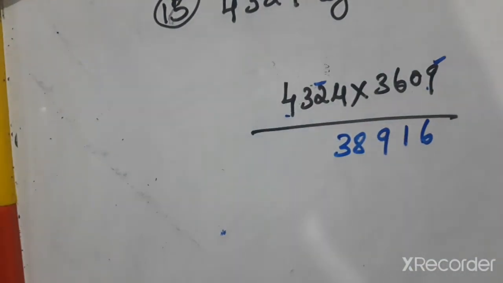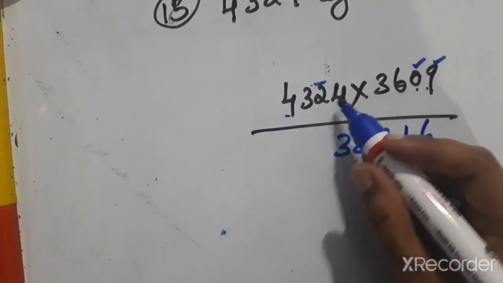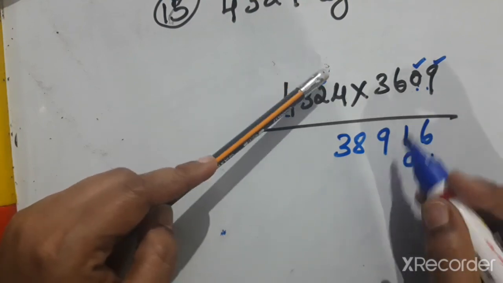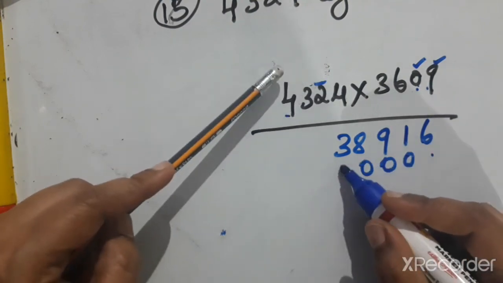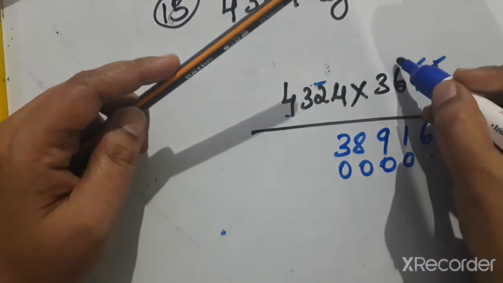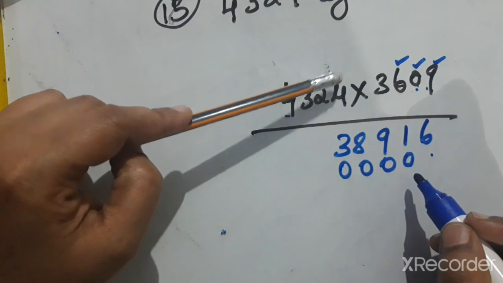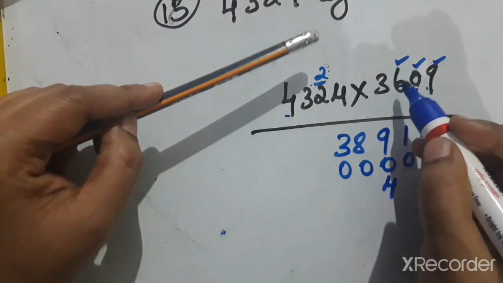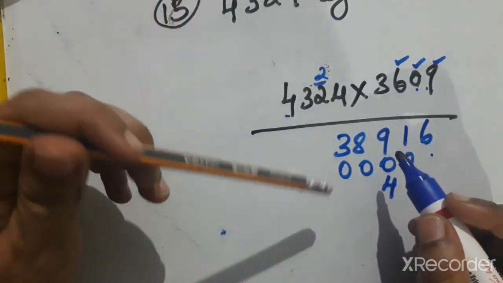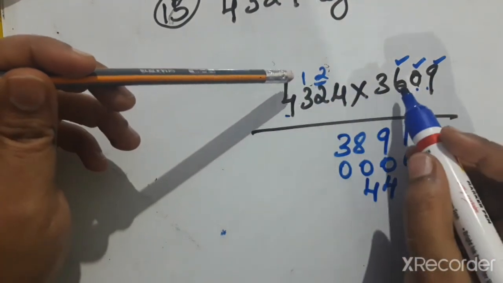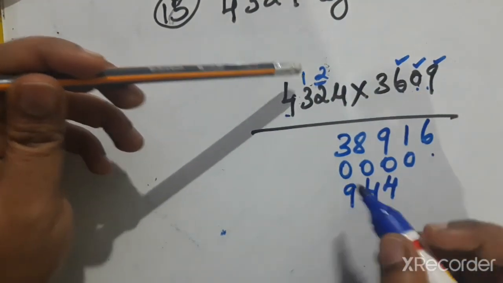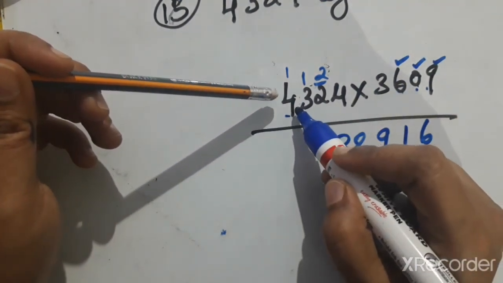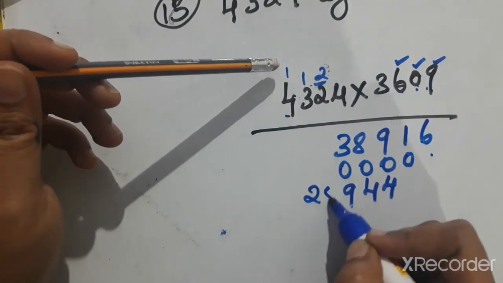So next we have to multiply with the next number, 0, with each number. Now 0 into 4 is 0, that we have to leave one space and write. 0 2s are 0, 0 3s are 0, 0 4s are 0. Then after that we have to multiply with the 6, and 6 with each number. 6 4s are 24, 6 2s are 12, 12 plus 2 is 14, 4, 1 carry out to next place. 6 3s are 18 plus 1 is 19, 1 carry out to next place. 6 4s are 24, 24 plus 1 is 25.